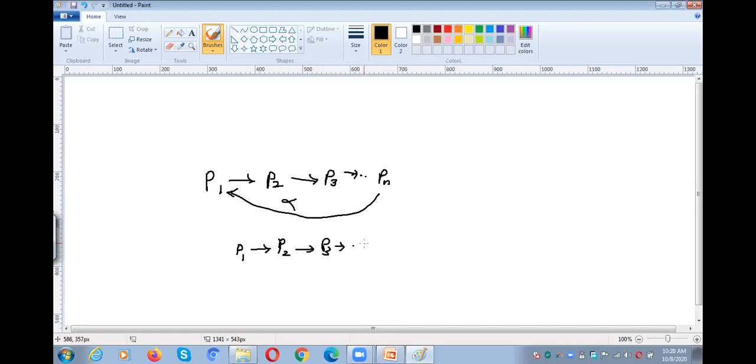Likewise, every time the process is requesting or waiting for resources which are available in other processes in a forward direction. That means P3 needs to wait for P4 only. It should not go for P2, or it should not go for P1. They are not requesting the resources. P3 is not allowed to request the resource which is available at P2. Why? Because 2 is less than 3. Have you got my point? Like that,